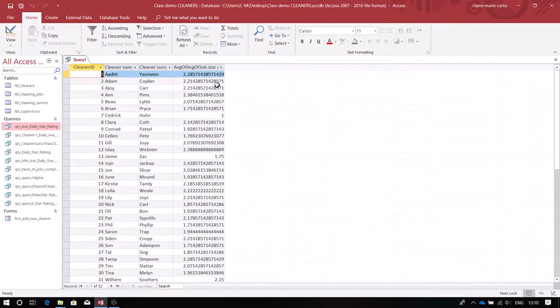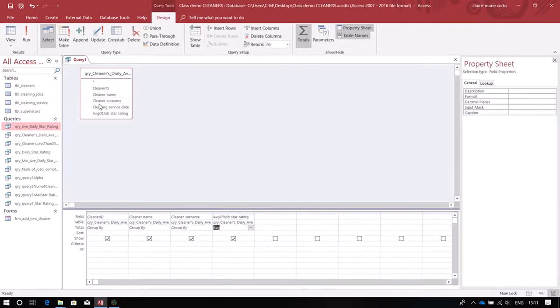Expand that. It's not very well rounded, but we get the idea. We've now only got 32 records, so we've got one record for each of those cleaners. So this is basically their average job rating across all of the jobs that they have ever done. Hopefully that makes a little bit of sense. We're going to save this. So this query is going to be the cleaners